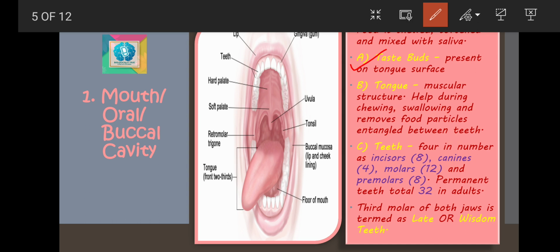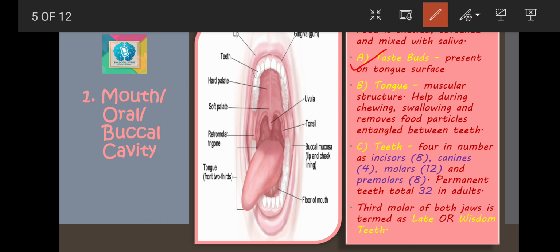तो आप इस बात को देख सकते हैं कितनी छोटी सी चीज़ है ये टेस्ट बड्स आपकी टंग पे, पर टंग के डिफरेंट पोजीशंस पे जहाँ पर ये टेस्ट बड्स प्रेजेंट हैं उसका एक अपना अलग ही नेचर है। अगर वो एंटीरियर एंड पे है तो वो स्वीट टेस्ट दे रहा है, अगर वो पोस्टीरियर एंड पे प्रेजेंट है तो वो बिटर टेस्ट दे रहा है, साइड्स में है तो वो सोर टेस्ट दे रहा है, और अगर वो एंटीरियर एंड के बिहाइंड वहाँ पर है तब वो सॉल्टी टेस्ट दे रहा है। तो एक छोटी सी चीज़ है हमारी माउथ के अंदर, टेस्ट बड्स टंग पे प्रेजेंट हैं, पर हर पार्ट पे उसका अलग ही नेचर है।